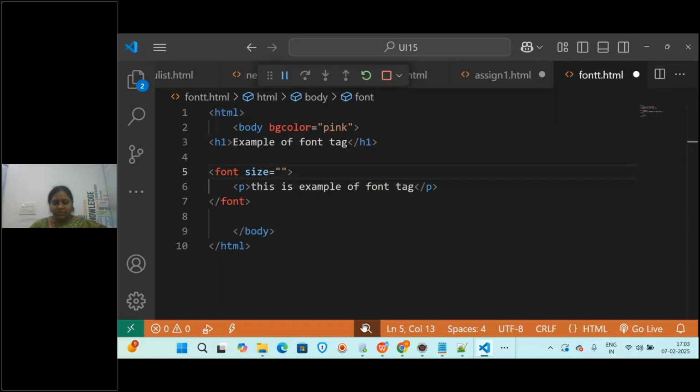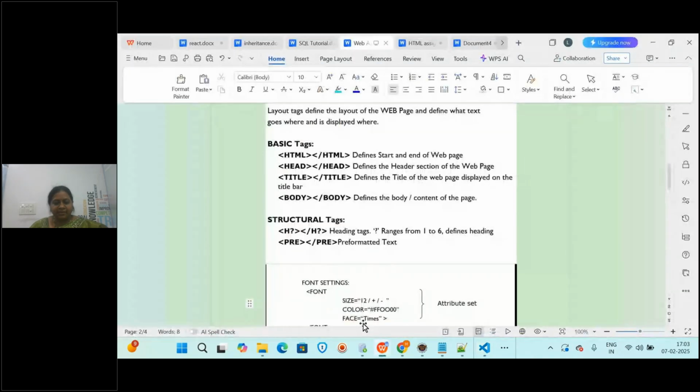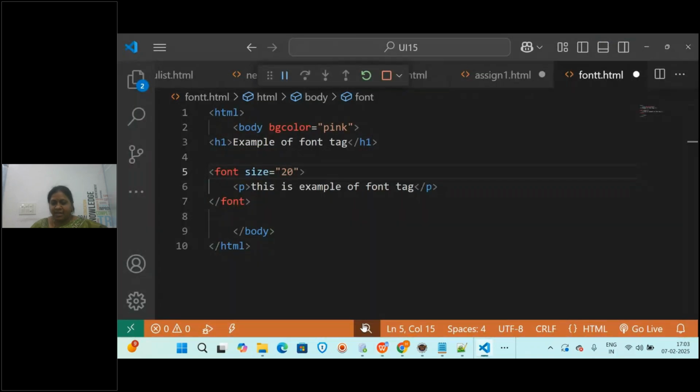I'm giving 20. And then the color is equal to red, and font face is equal to Times New Roman, or whatever you want.